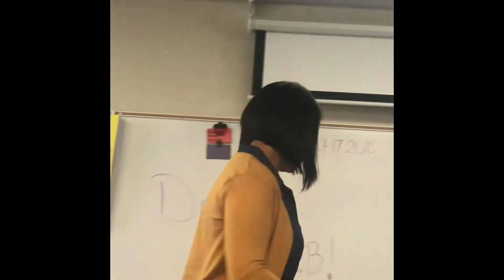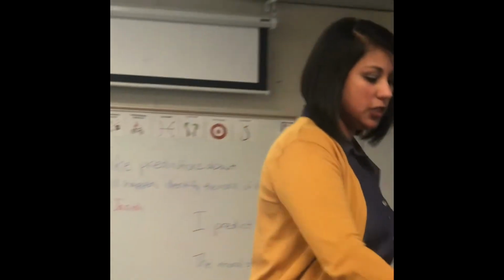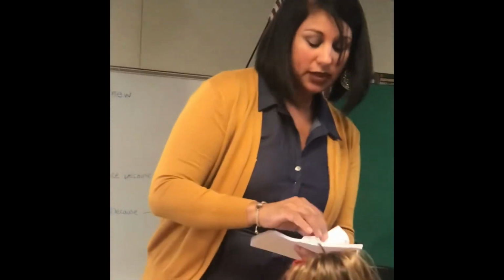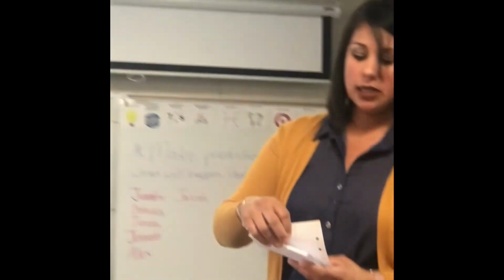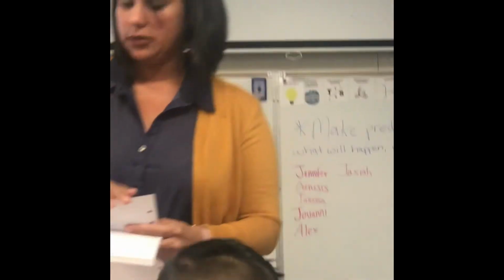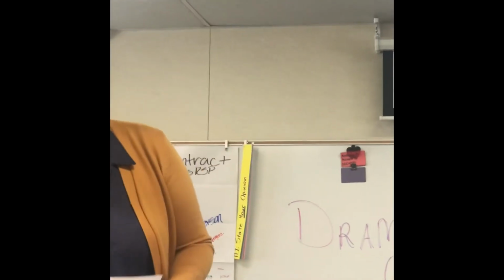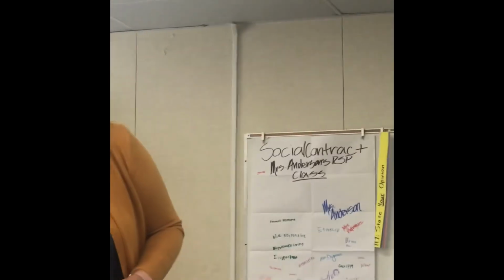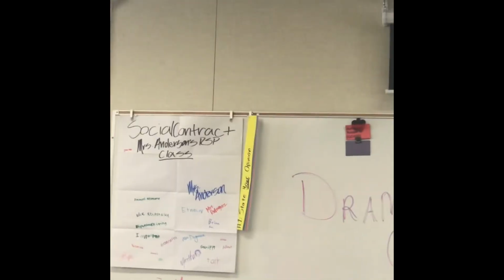Okay. So now we're going to use this blank sheet of paper here. And I want you guys, you could either write down a summary of the story that we just read. A summary means what happened at the beginning, what happened in the middle, and what happened in the end. Summarize. Or you can draw a picture. So it's your choice. You can write or you can draw a couple pictures.